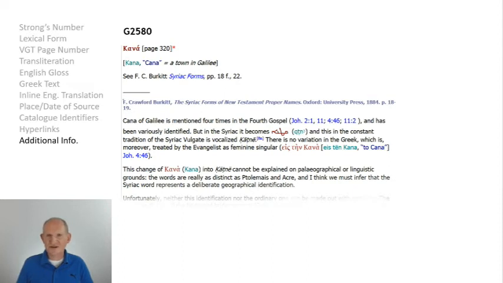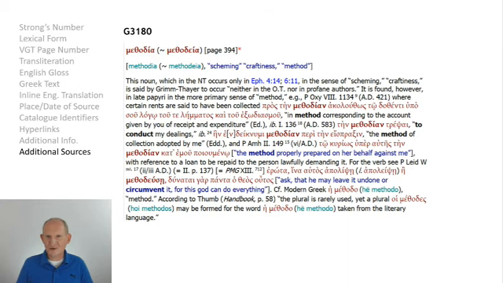Next, I've added some additional sources. For most of these, it would be papyri and inscriptions that were discovered since 1930. Sometimes it's a source that shows a different form of a word. For example, Moulton and Milligan may have a verb or noun form, and I've added something that gives you a participle form. In other cases, an additional source will provide information that has come to light since 1930.